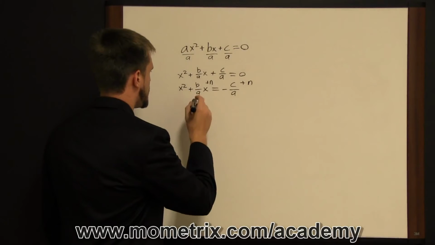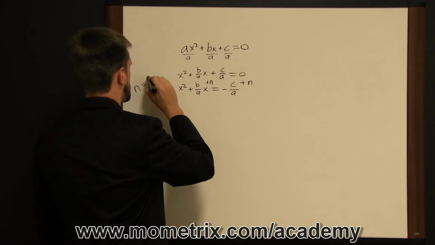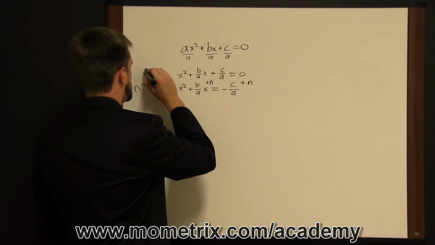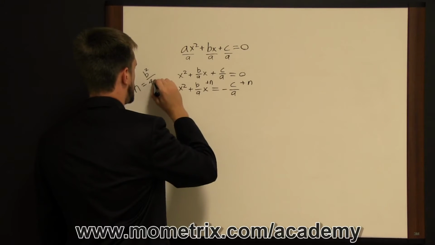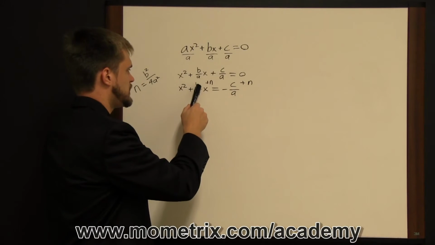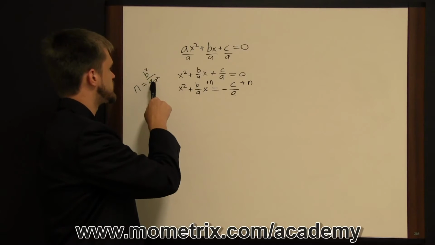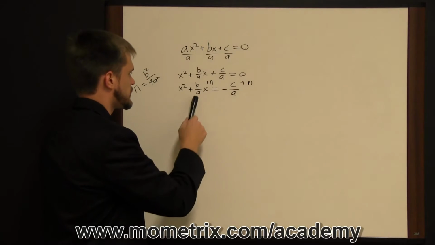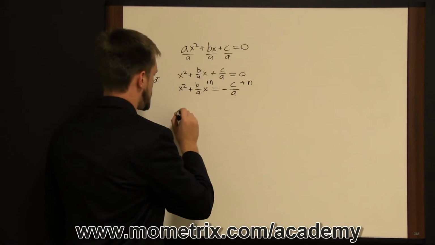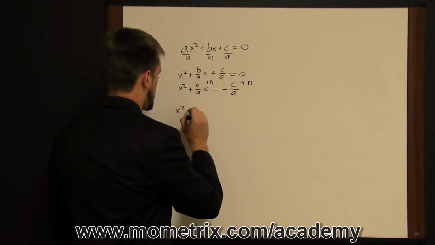And so that gives us n equals b squared over 4a squared. Because we divided it by 2, b over 2a is this divided by 2, and then squared is b squared over 4a squared. And so what we're going to add to both sides here is b squared over 4a squared,